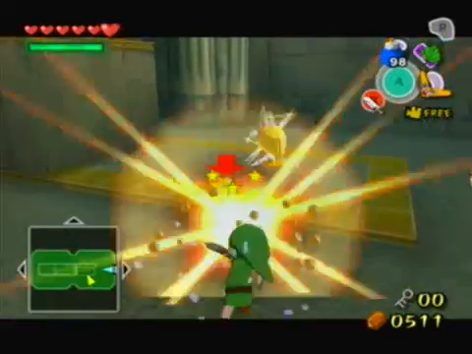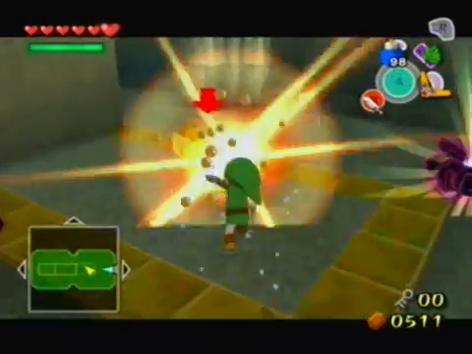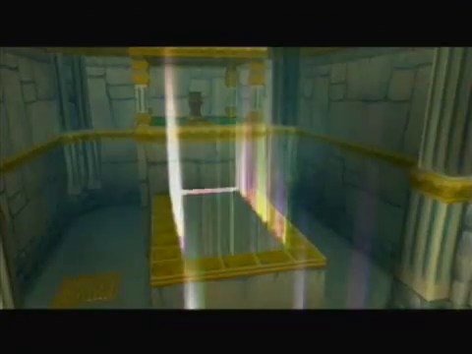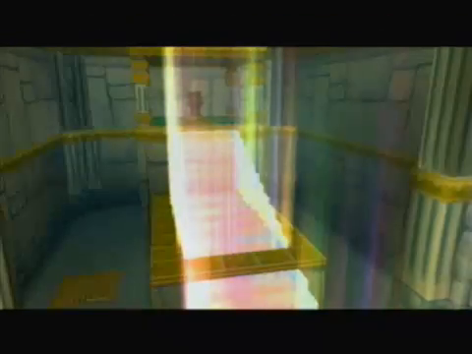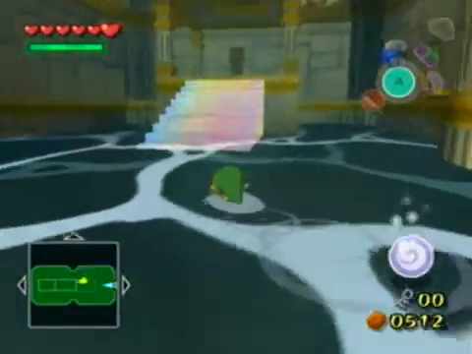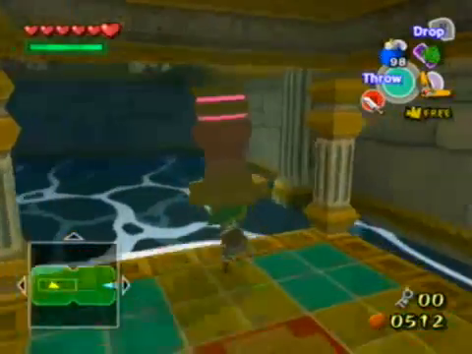Alright, there we go. Take him out. Take him out. There we go. All these guys are down. Bombs over there. Oh, this just gets us a pair of stairs, I suppose. Nothing too special. But whatever, that takes us up here. And once we place this down, I think we'll be able to head to the next part of the dungeon,